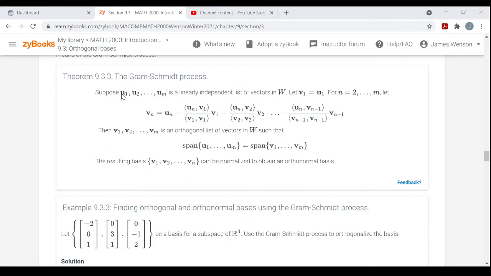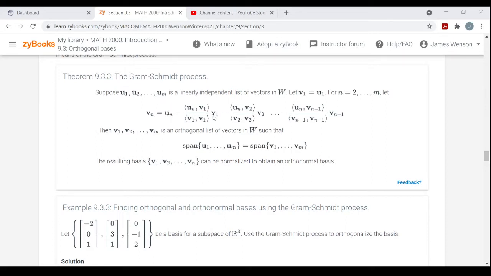If you put these in a different order, you'll construct a different orthogonal basis. So let v1 be the first vector from your basis, u1. Then for all the other v vectors you're constructing, v2 through vm, say vn is going to be un. So you pick the corresponding vector from the original basis,